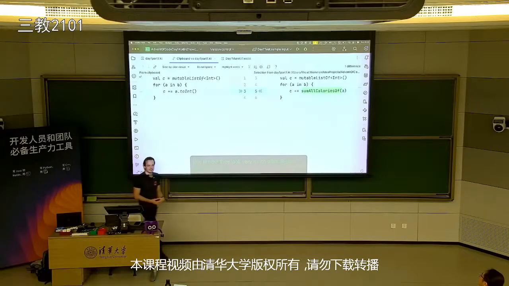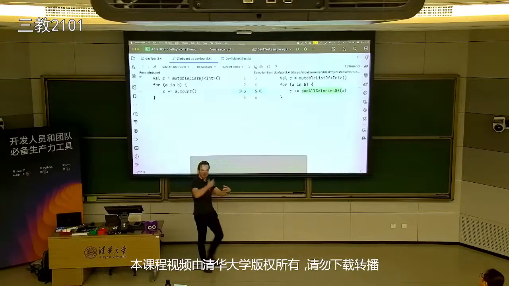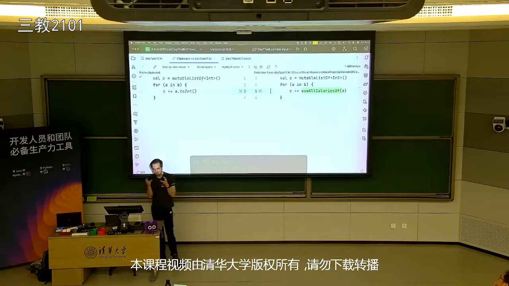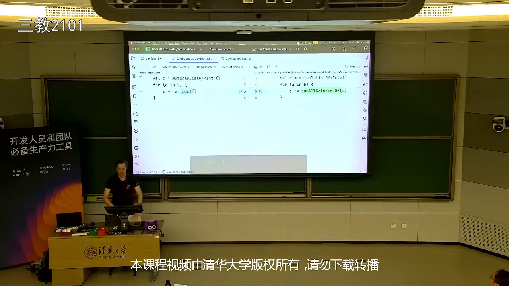They both make a new list, add values to this list, but they both use a different function. So they have an original list, they create a new list, and for each value of the original list, they apply a function. In this case, we apply the toInt function, and in this case, we apply the sum all calories off function. So you might say, if only we could improve this, right? So let's now look at